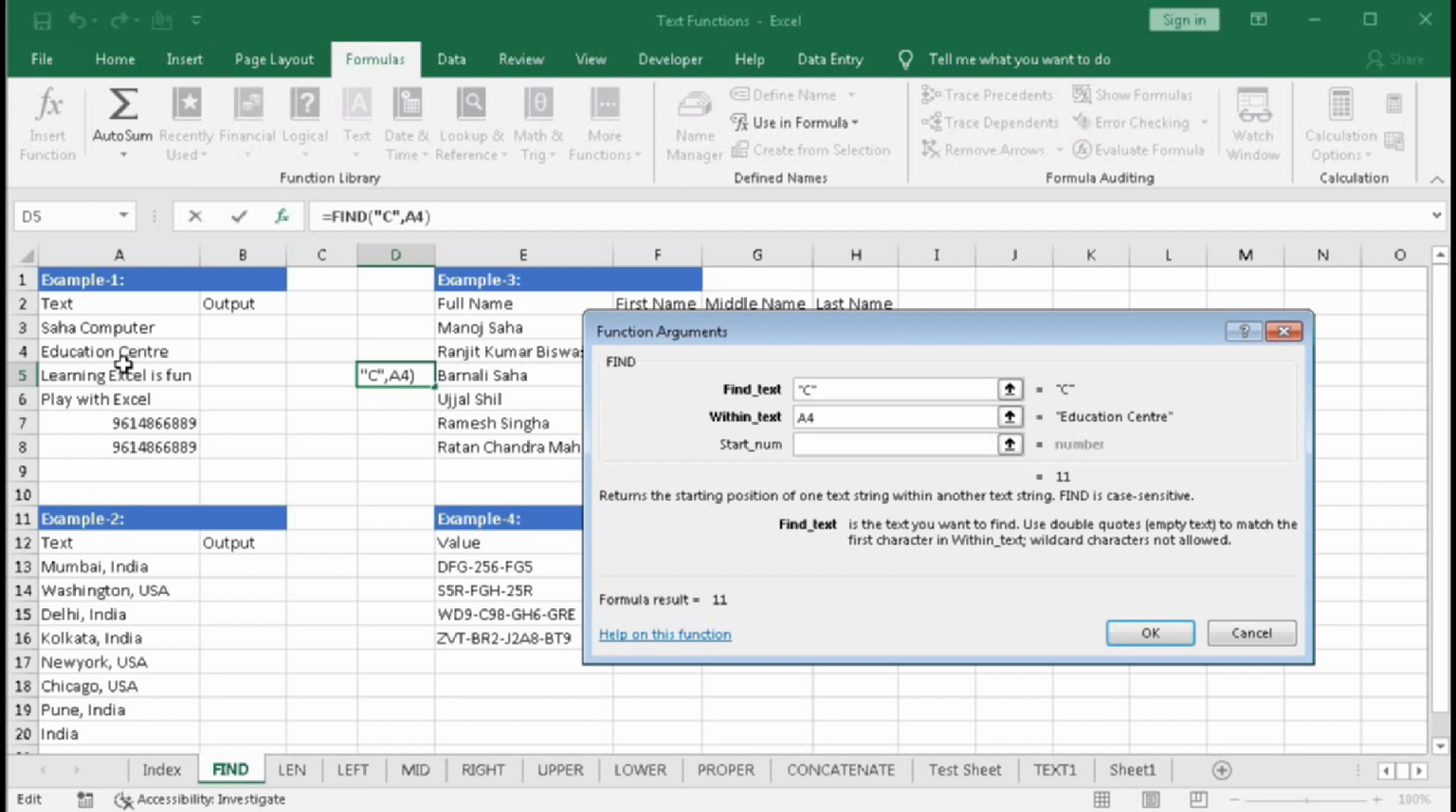Now the start number. Suppose capital C is in the 11th position. If I put 12 here, it will read after 12. So this is 11 and this is 12. After 12 it will find. There is no capital C after 11, that is from the 12th character, so it is returning blank. So if I type here